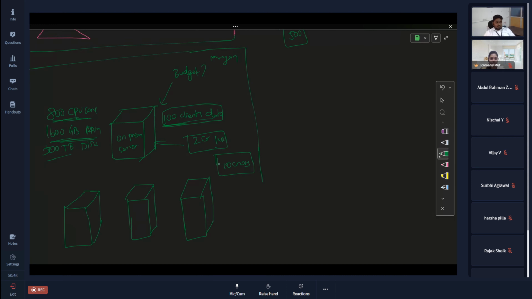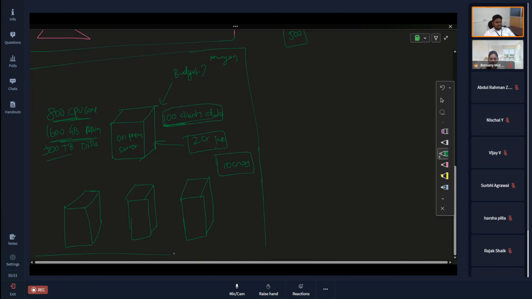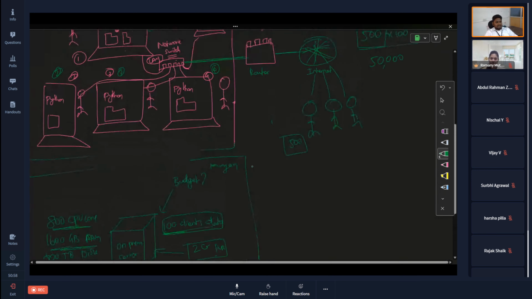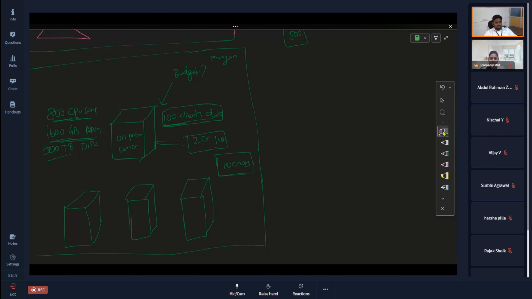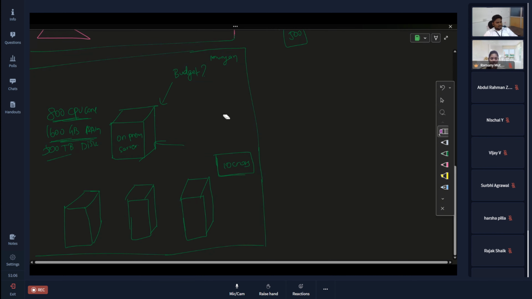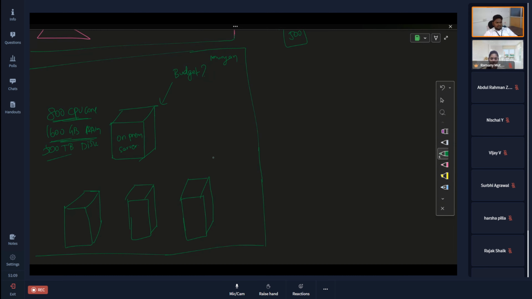Okay, thank you. Now, as a founder, he decided he needs to add 5 servers. He needs to install 5 servers worth 10 crores, and he is connecting them using a network switch. For the database also he has one server. This is the DB server, and this is server 1, server 2, server 3, server 4, right? Now he wants to install a network switch, something I showed you. So he connects all the servers to this switch,